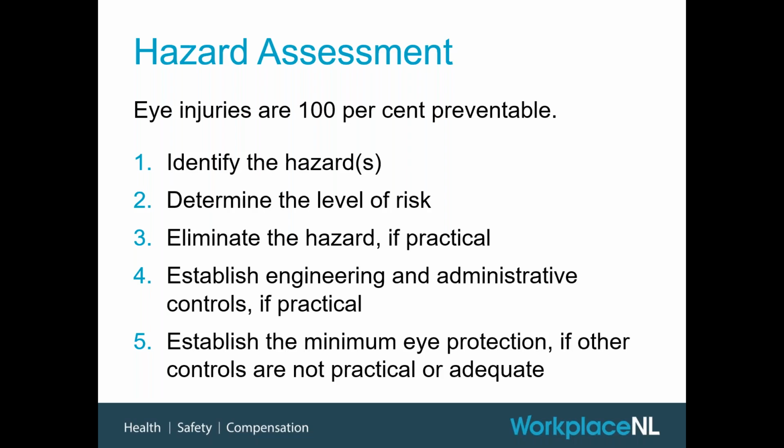Generally speaking, if workers are left up to make that decision on their own, they're going to go with just the standard safety glasses that they have on them. They're not necessarily going to go above and beyond that. And that's why I think it's important for someone in a supervisory role to do these types of assessments to determine, again, if something with more coverage is required. So whether that's a goggle or face shield or some other control, again, it's good to deal with that stuff